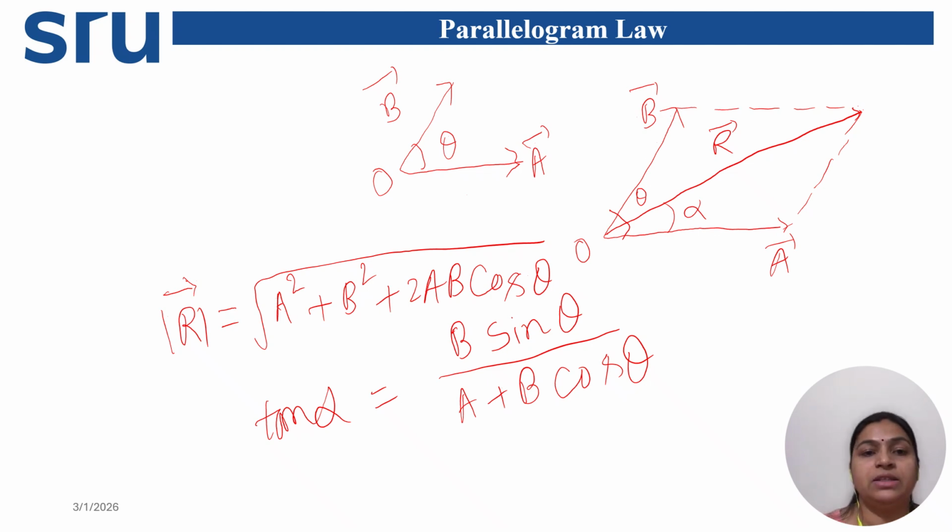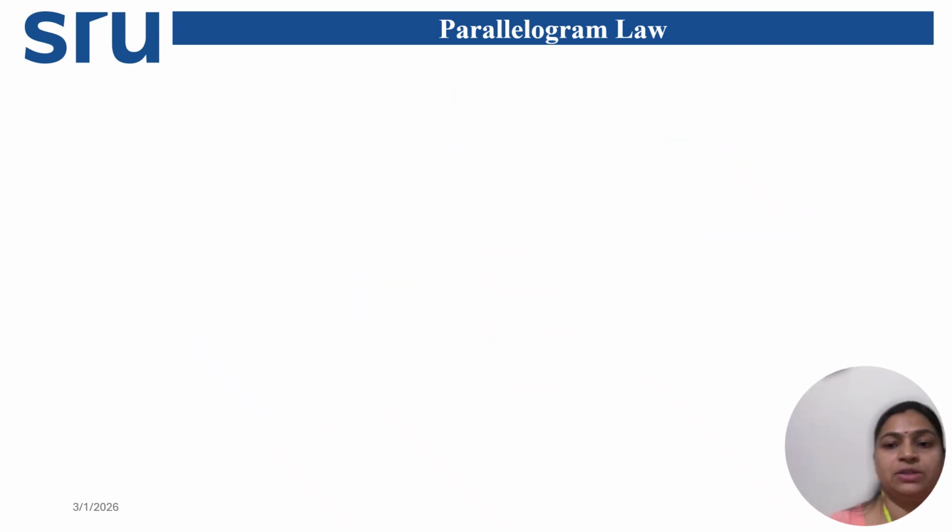So now there are some special cases, when this theta value is such that both the vectors are in the same straight line, or they are at an angle of 180 or 90 degrees. What will be the cases? So now let's see, the first case we will be discussing,